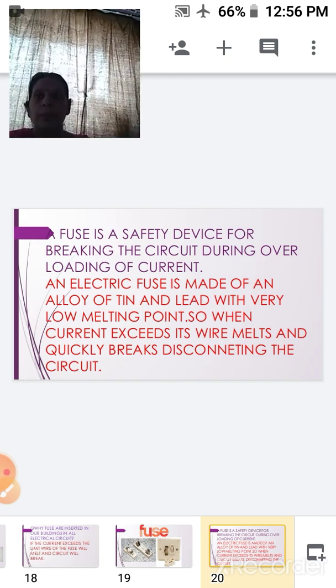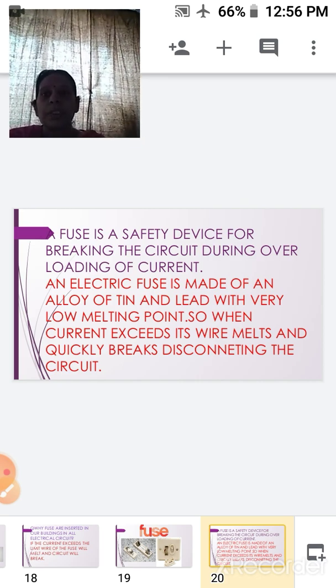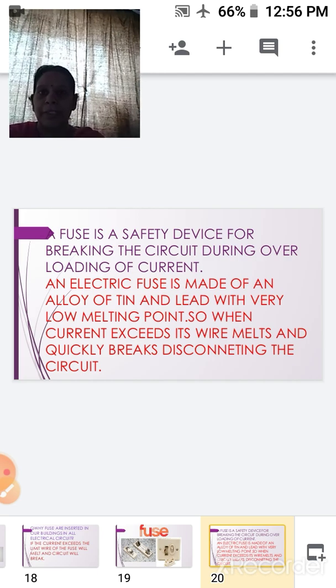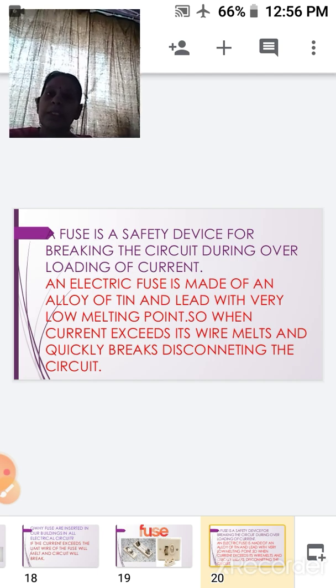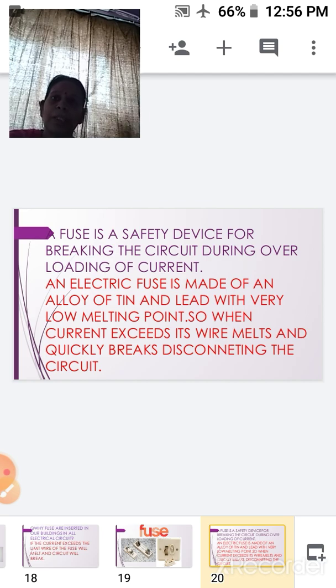A fuse is a special type of wire which is a part of the circuit. It quickly melts when its temperature crosses the safe limit. When the fuse wire melts, the circuit breaks, and when the circuit breaks, the electric current is prevented from flowing through the circuit.